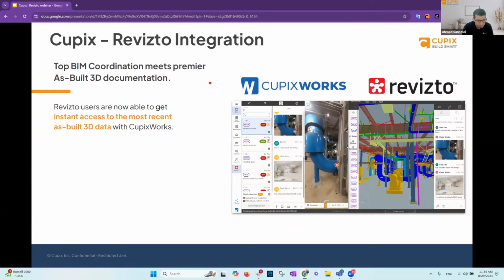So Cupix and Revizto, you can see here on this snap, Cupix on the left side, Revizto on the right side. And as Matt mentioned, the main powerful thing that we have developed is it's super easy to use. It's just one click away to activate the Revizto interface within Cupix. But we're making it also easy for people who are not familiar with the CupixWorks interface to utilize the Revizto interface for the issue tracker and for the comments tab within the Cupix